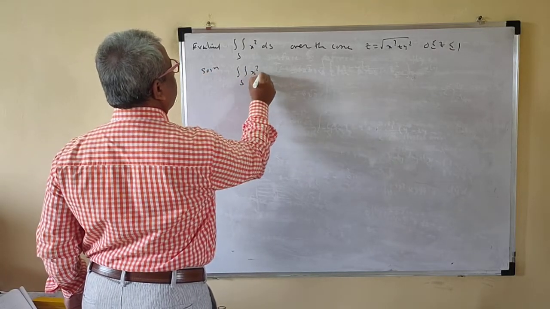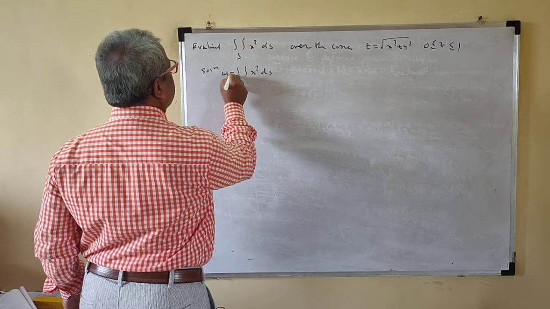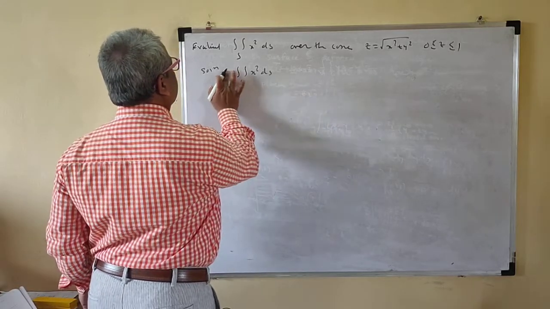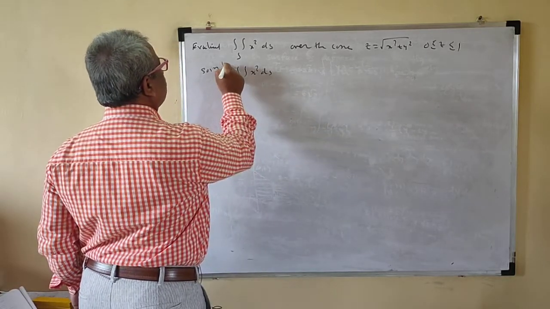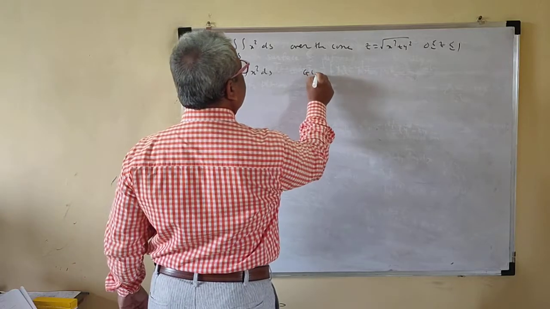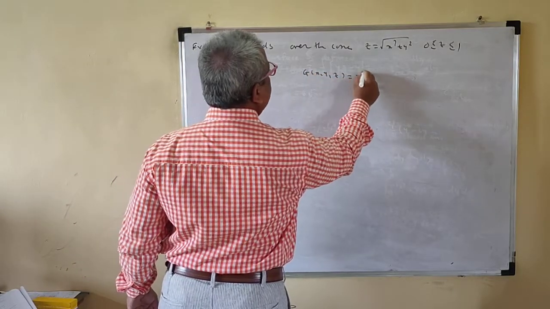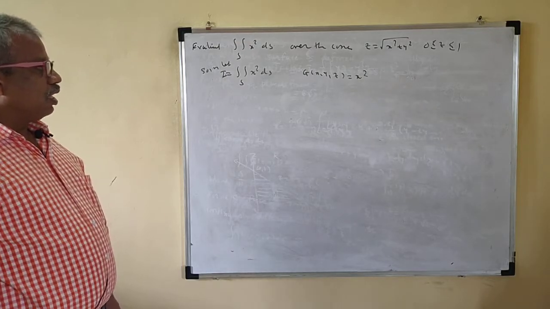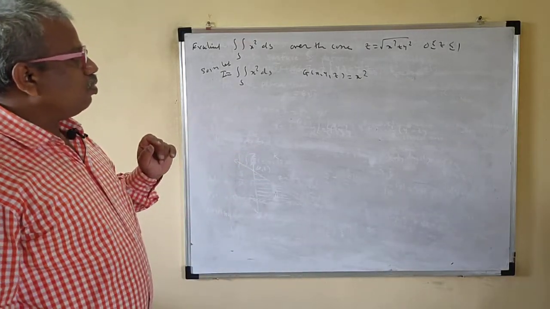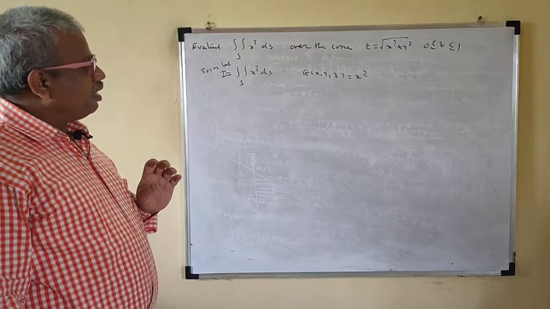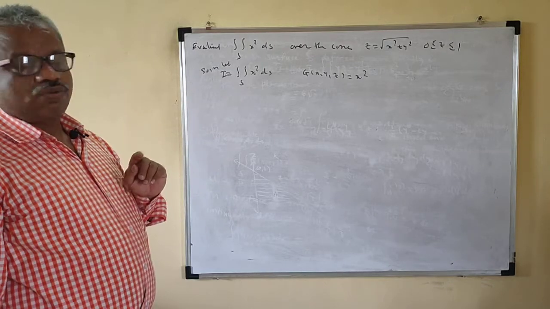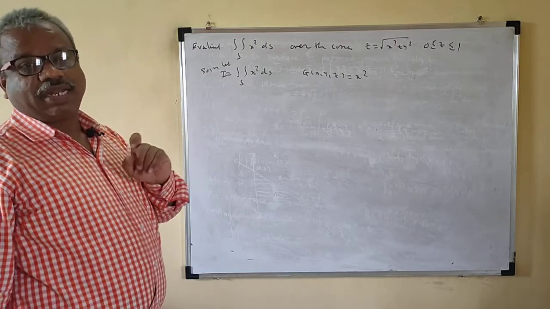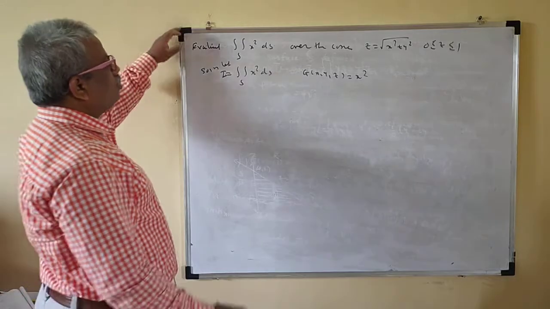Double integral over S of x square dS. Let I be equal to this, so let g of x y z be equal to x square. Now z is equal to root of x square plus y square, but this is very complicated to differentiate. We have the parametric equation for this.